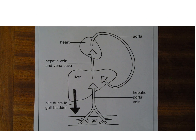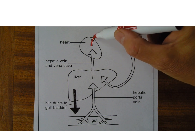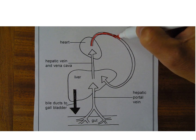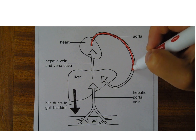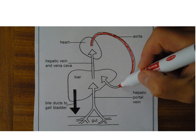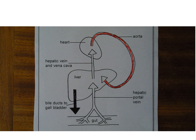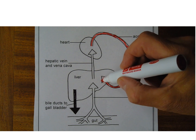So here we're thinking about the blood supply to the liver. Now, the hepatic artery is going to take oxygenated blood directly to the liver. The aorta, as you know, derives from the left ventricle, and the hepatic artery is basically a branch from the aorta. The hepatic artery actually divides into the right and the left hepatic artery, the 2 main branches of the hepatic artery,